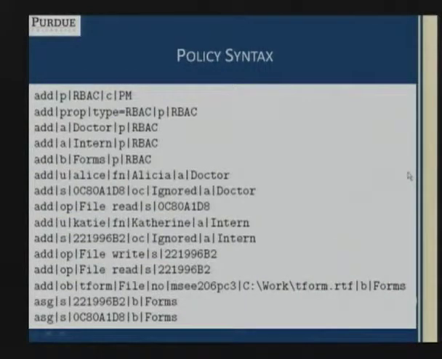This slide shows the policy syntax for an RBAC policy. A typical RBAC policy is specified in a PM file, and we are saying add a policy RBAC into PM and add a user attribute doctor to this policy RBAC. Each command takes a single line and may start with add or assign. Assignment relations: here we assign the object attribute to an operation set, and here different permissions are being added into an operation set.